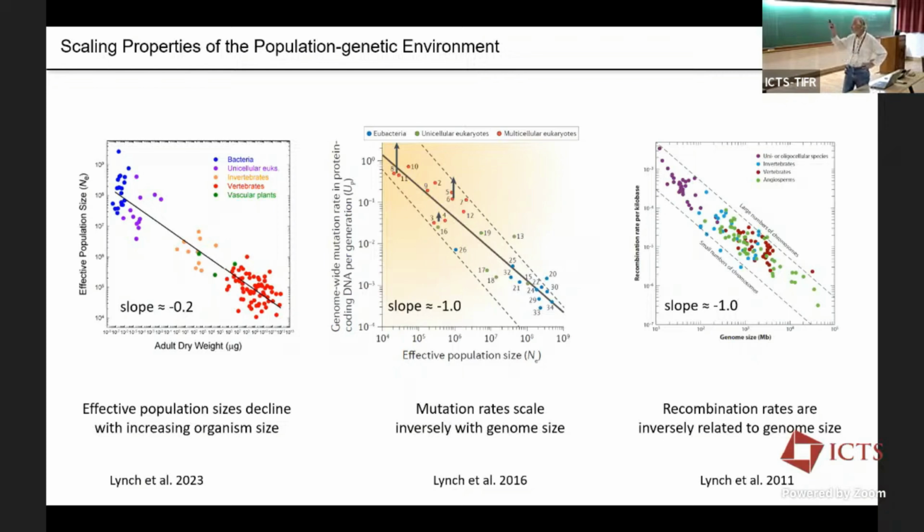And then finally, the plot on the right is a relationship between the amount of recombination per nucleotide site in genomes and the size of a genome. And this has got a slope of about -1 on average. This is simply due to an almost indelible rule in eukaryotic genetics, that during meiosis, there's typically just 1 or 2 crossovers per chromosome arm per generation. So you double the size of the genome, you're reducing the amount of recombination per physical distance by 50%.